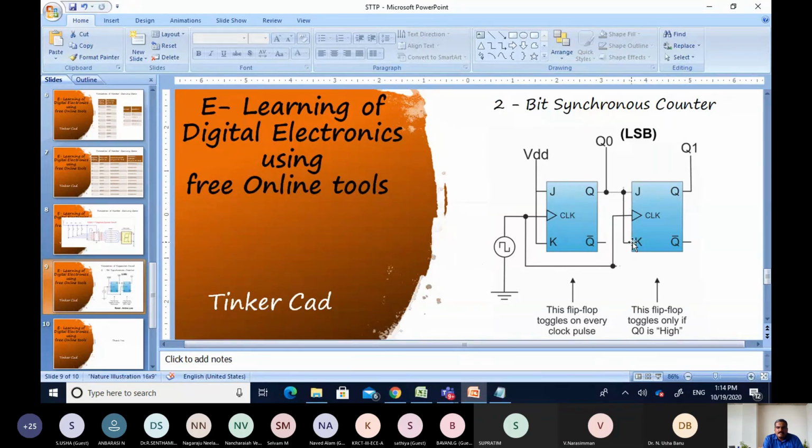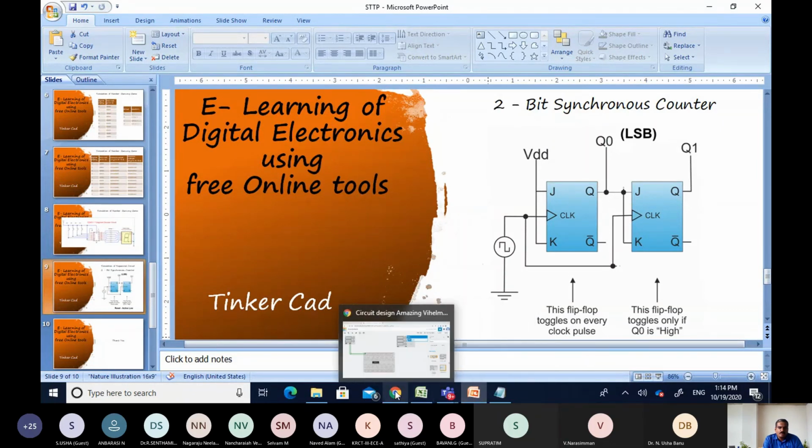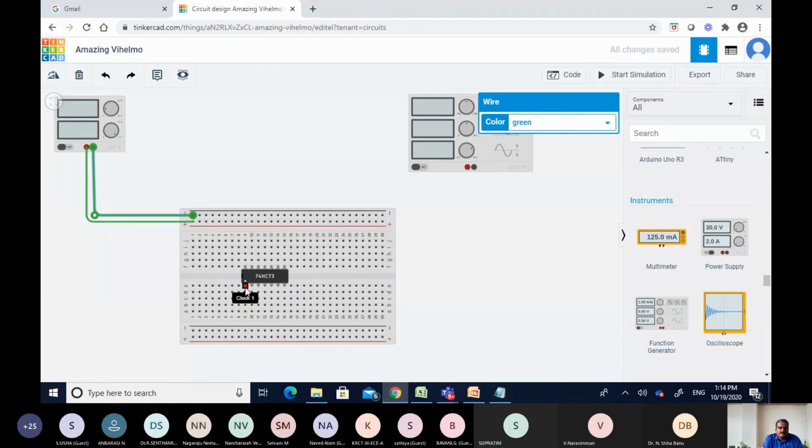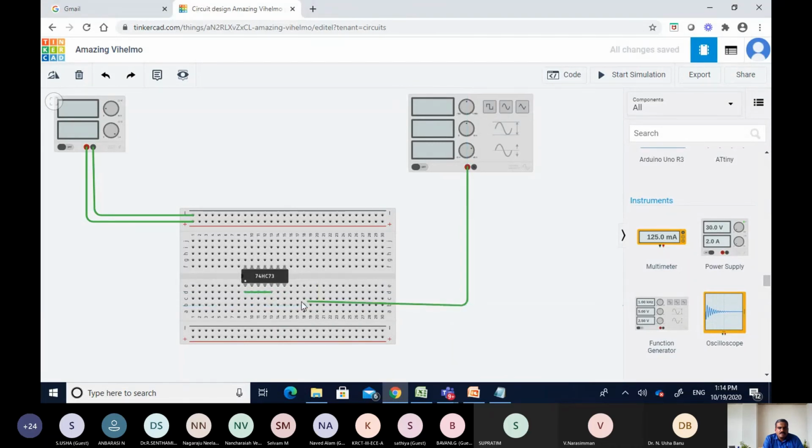Okay, so if you look into the circuit, your J and K has to be connected to VDD, and second J and K should be connected to Q0, right? So you have a synchronous clock as it is a synchronous counter. Okay, so I will be using it. See, it is clock 1. I will check for clock 2. Okay, so the clock 1 and clock 2 are interconnected, right? So this is clock, that is function generator. I'm using that function generator to trigger all the things. So this will be your ground. So I am grounding it.